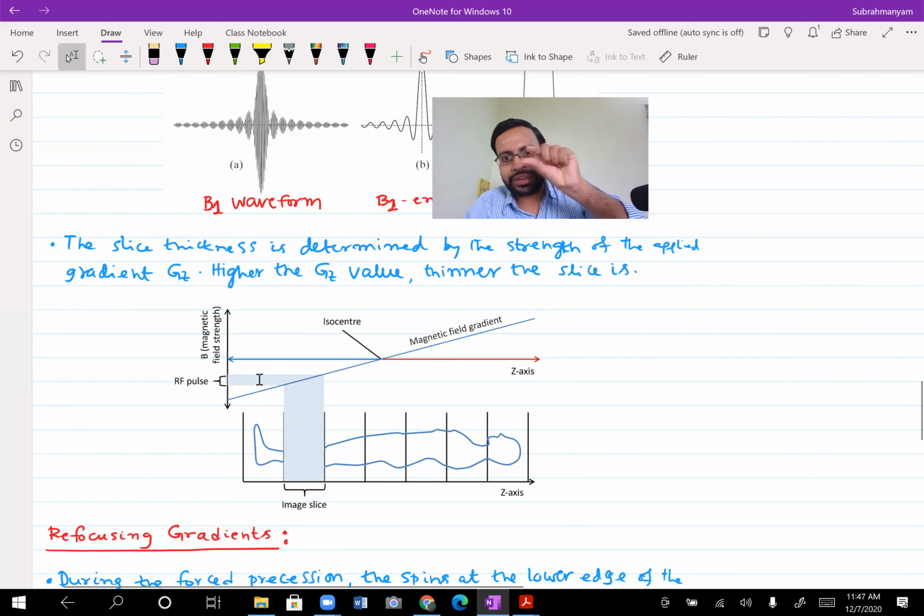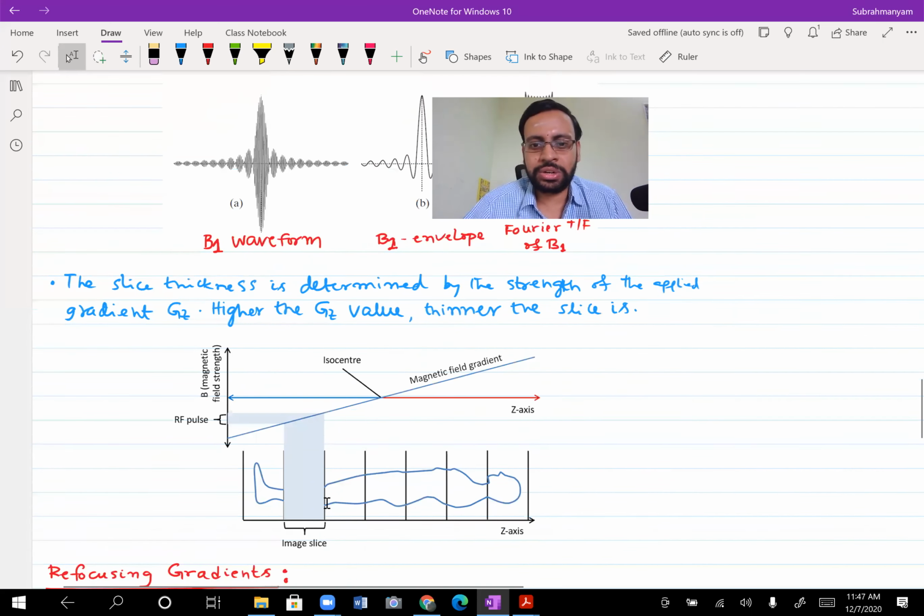So assume this is the location, and depending on the bandwidth, this is the line which tells you the Z. And this width here, along the y-axis, hope my cursor is visible there. Whatever you are looking at, the horizontal strip there, that's based on the shape. The central location of it is based on the frequency. So frequency and shape of the RF pulse would give you this strip along the vertical axis. Now you could vary this Z gradient, and that tells you where you get the slice from.